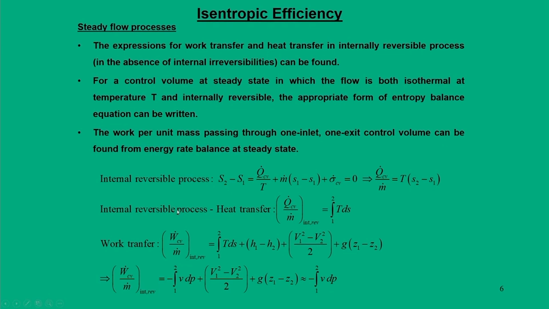We also dealt with the heat transfer term and work transfer term for an internally reversible process, and ultimately we ended up with simplified expressions for heat transfer and work transfer in a control volume analysis: heat transfer is nothing but the integral of TdS, and work transfer through the control volume per unit mass is the integral of VdP. Basically, it means that on a TS diagram,